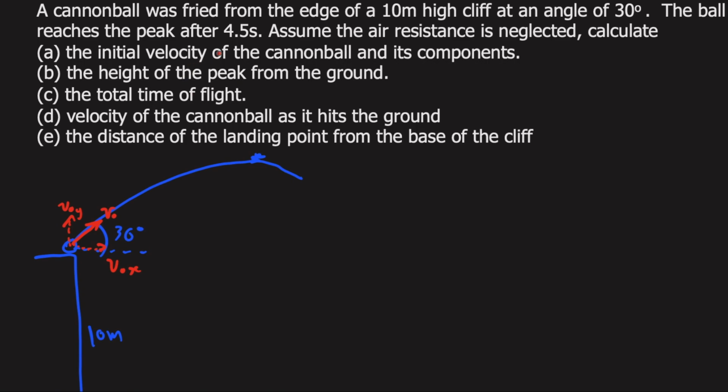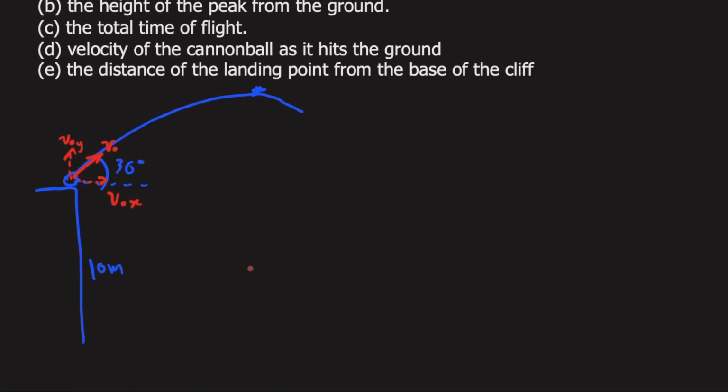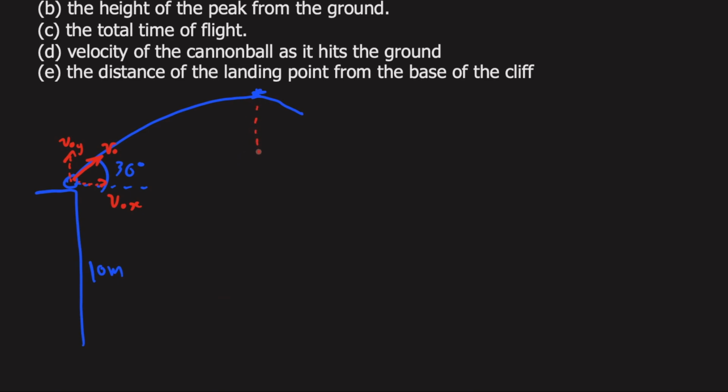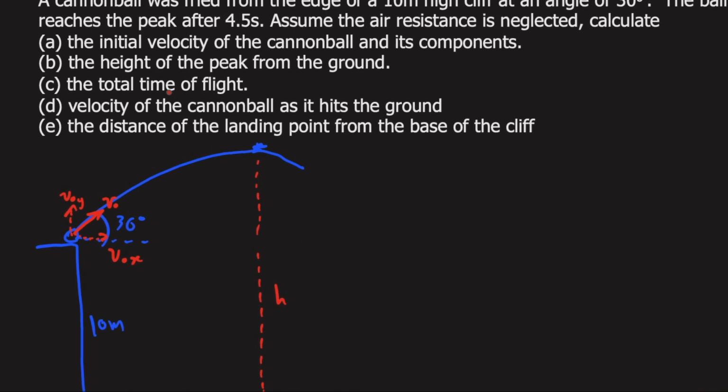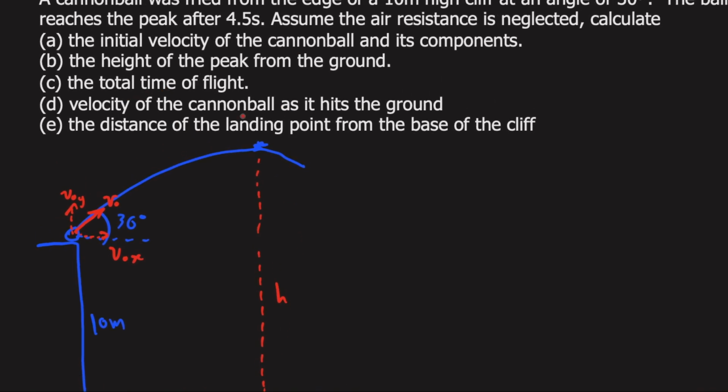Now we are also asked to look for the height of the peak from the ground. So this is the height, so this is h. So assuming that this ground is a level ground, okay, and we are also asked to look for the total time of flight, so t total,